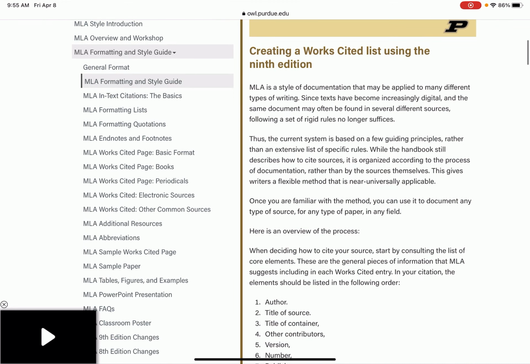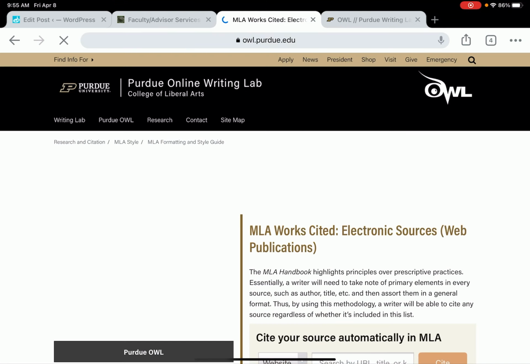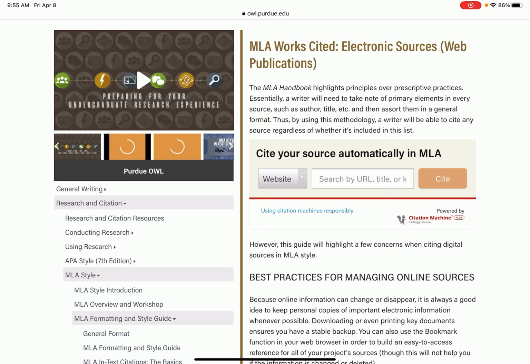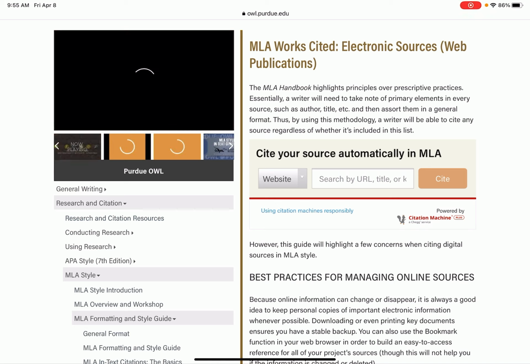Okay, so you're looking down here to the works cited basic format. So books, periodicals, electronic sources, common sources. Electronic sources is mostly what people are using these days. So there is an automatic citation maker here. I'm not quite sure how it's powered by Citation Machine. You could try that. You do want to sort of double check against the fuller description of what the